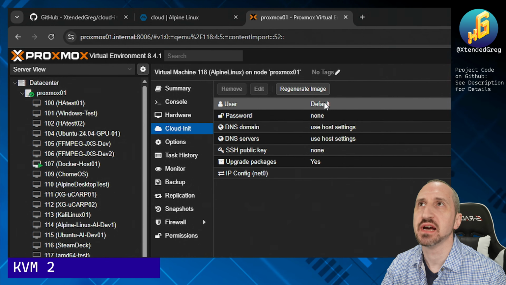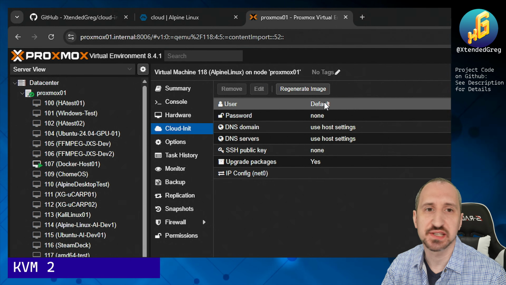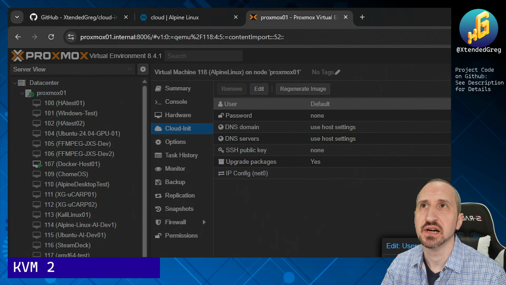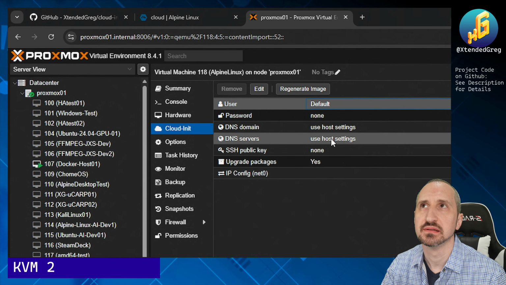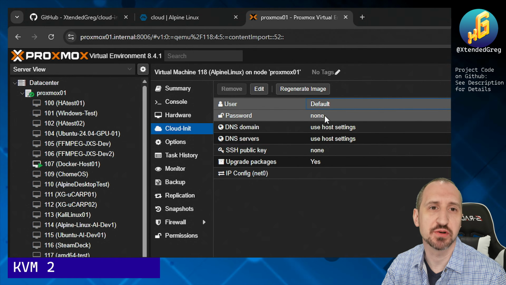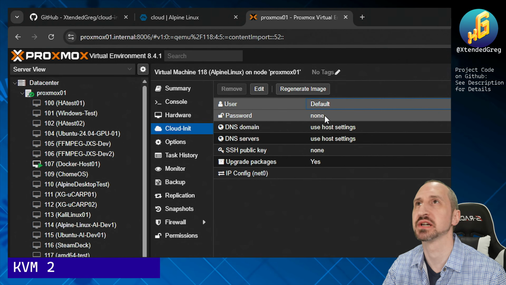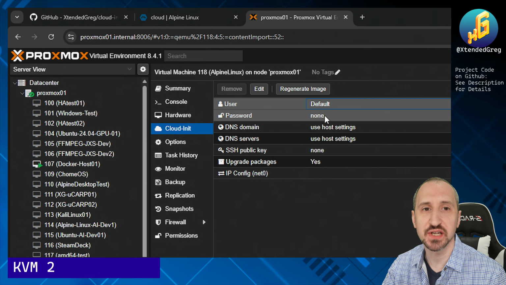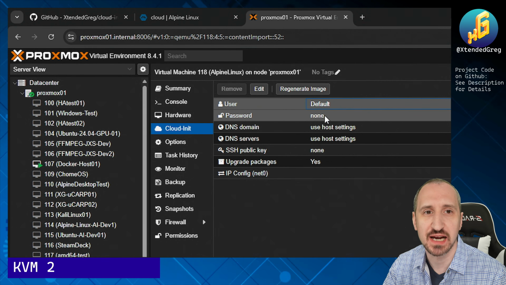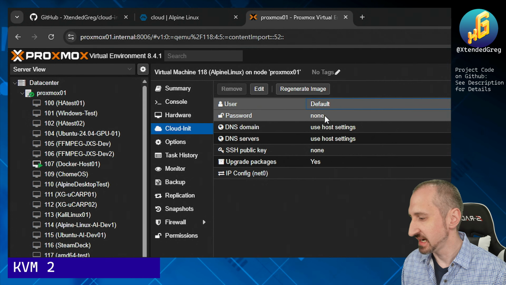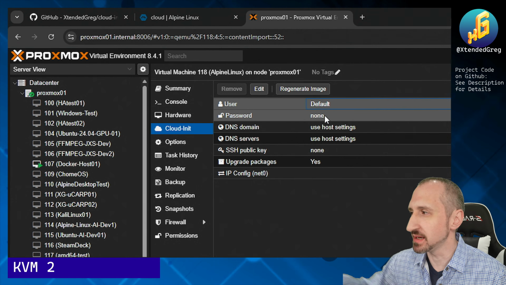So for user, right now it's set to the default. In this particular case, that's going to be fine for us. That is going to be Alpine, just because it is Alpine. Most of the time it is the name of the distribution that you're actually using. We can give it a default password as well. But I got to tell you, this is not best practice, because at the end of the day, it is going to be something where you're not going to be able to